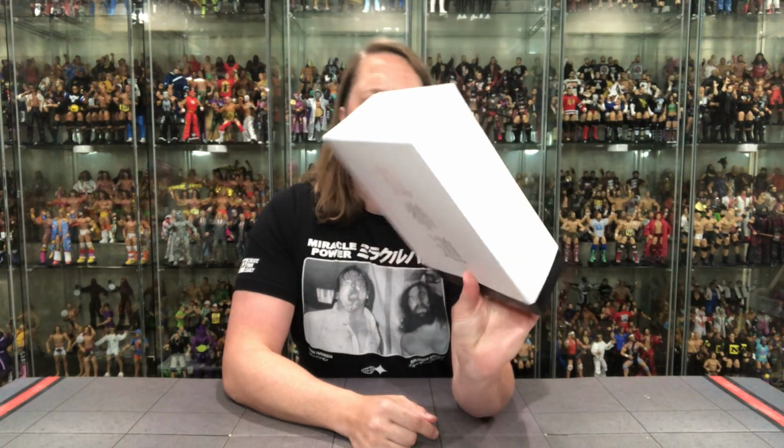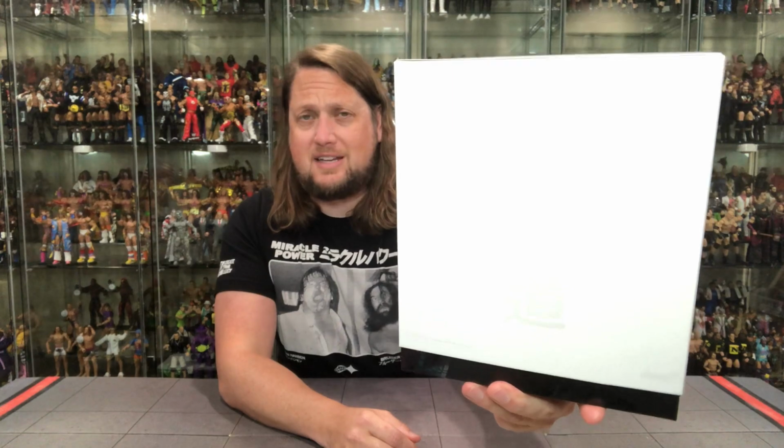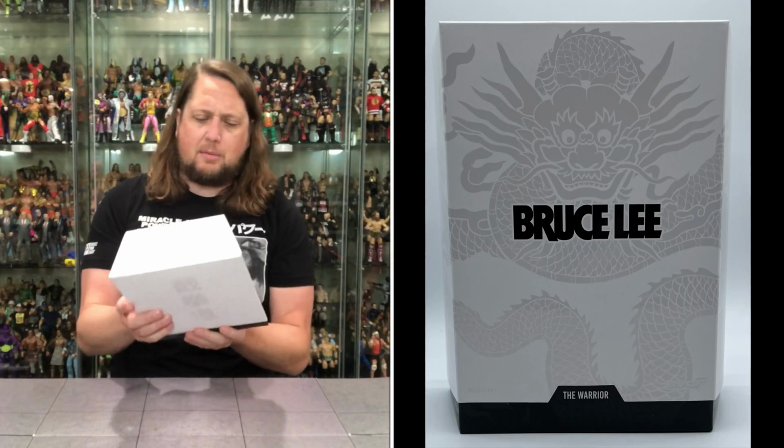Then we get down to it. We get down to this typical Super 7 Ultimates packaging. Very minimalistic. White and black attack going on. Bruce Lee right there on the front. Got a little dragon insignia around and the Warrior at the bottom. You got some lettering. I'm not exactly sure what that says. Not even sure if the camera can really pick that one up there, but it does say Bruce Lee on